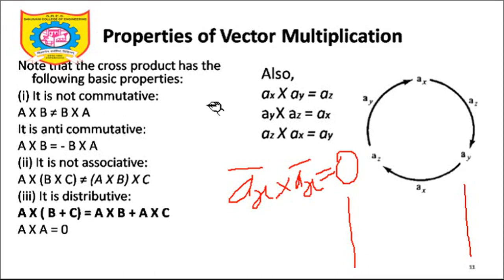So this vector product plays an important role in the analysis of electromagnetics problems that we will see when we see the actual syllabus. This is just the prerequisite we are going through, and once you have this concept clear, it becomes easier for you to understand the concepts of electromagnetics from unit number 1 onwards.